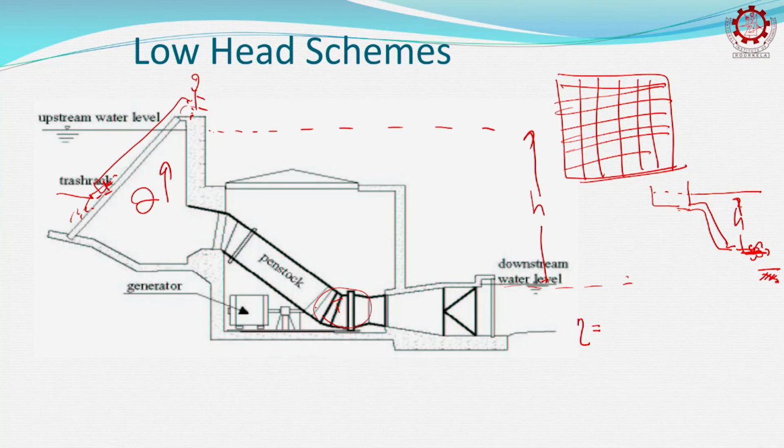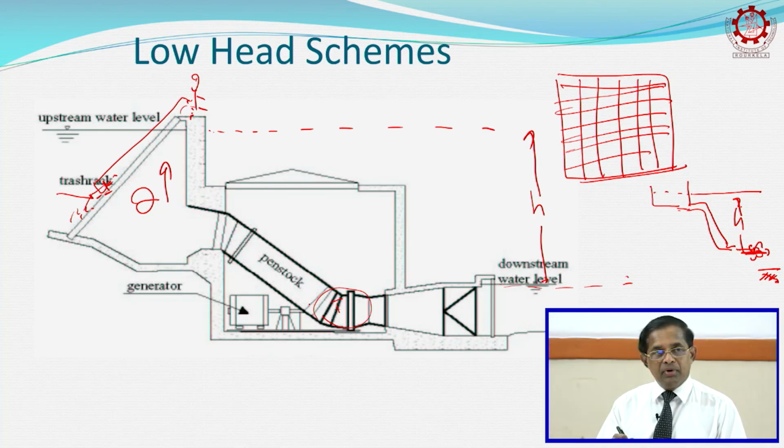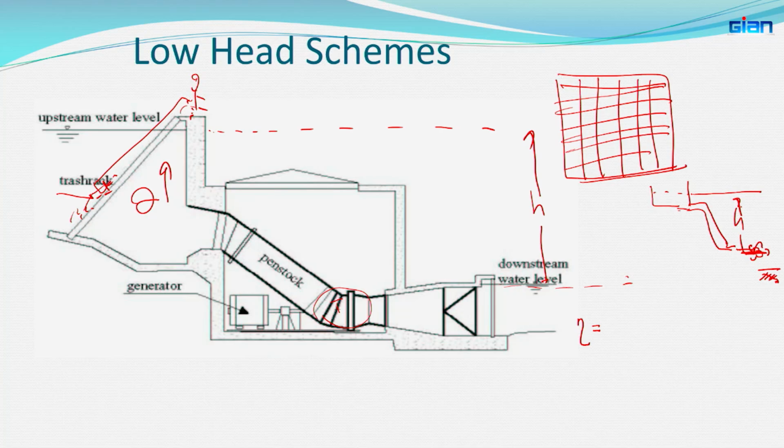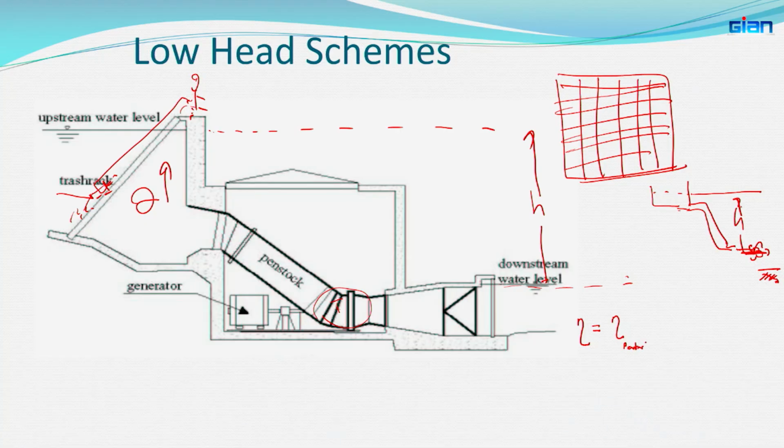All will introduce loss of energy. When there is a valve, it will oppose water flow and some energy will be lost due to friction. If the pipe walls are not very smooth due to say corrosion, etc., there will be more energy losses. So, the first term will be the efficiency of the penstock, right, energy loss, and then comes the